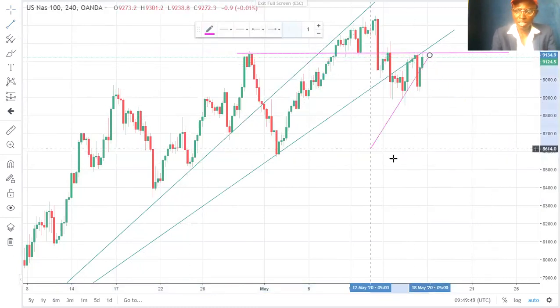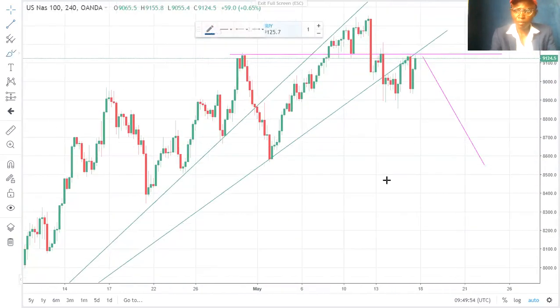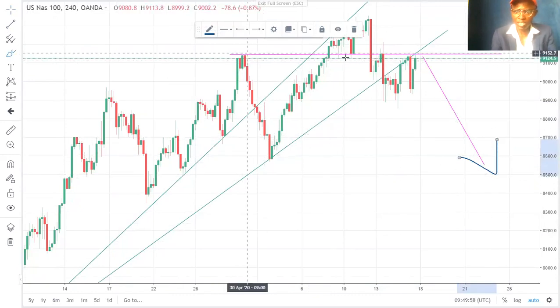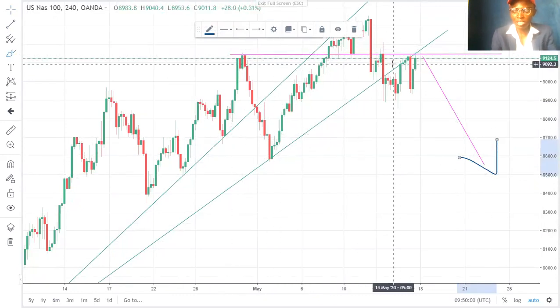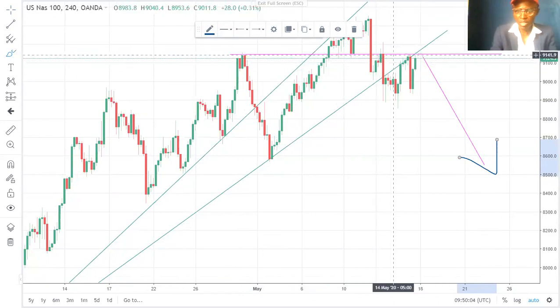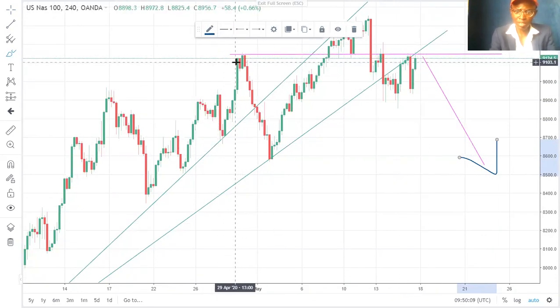I know that if I expect such a reversal, it's because of this rejection here. And remember, this is about to happen. I'm expecting it this week. This week, I'm expecting it to reverse over here. As you can see, it's rejecting here. It creates something like a head and shoulder.